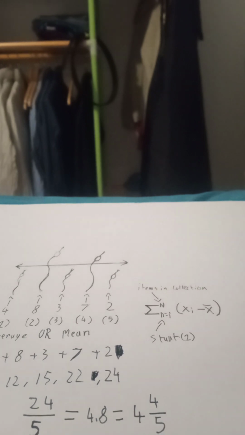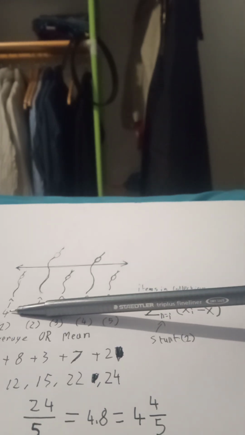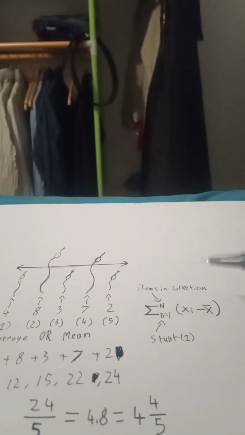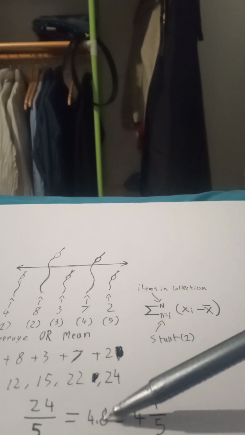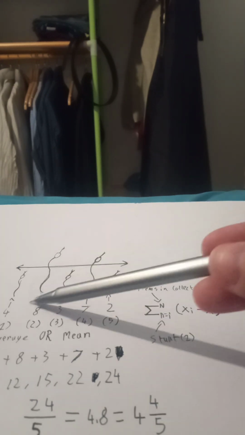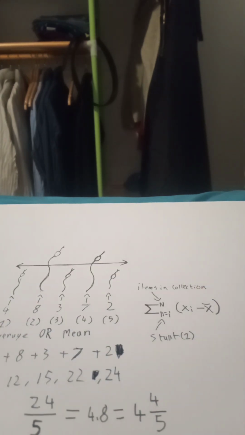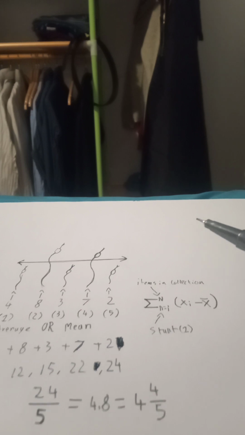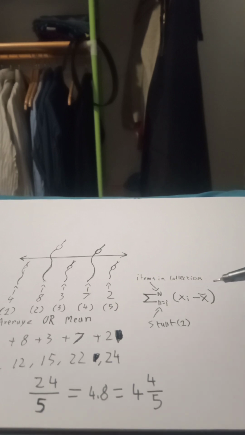And what you essentially get if you do that is, in this case, you've got 4, and you take away the average that we computed earlier, right? So for each of these you go through and you take away 4.8 from them, and then you add the whole thing up. So when you do variance, you do something a little bit different to that, where essentially it's the same thing,